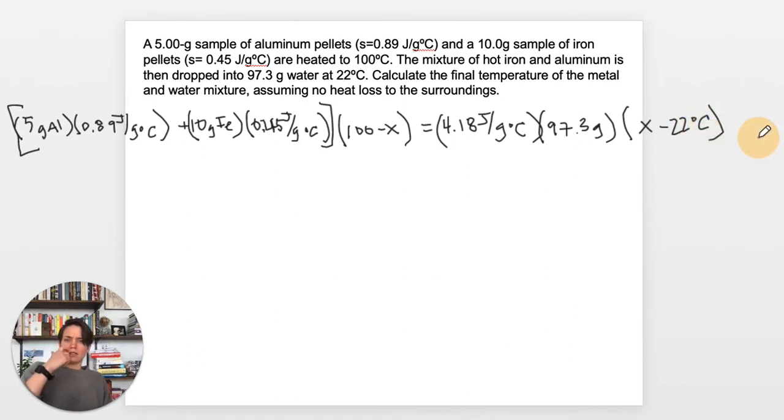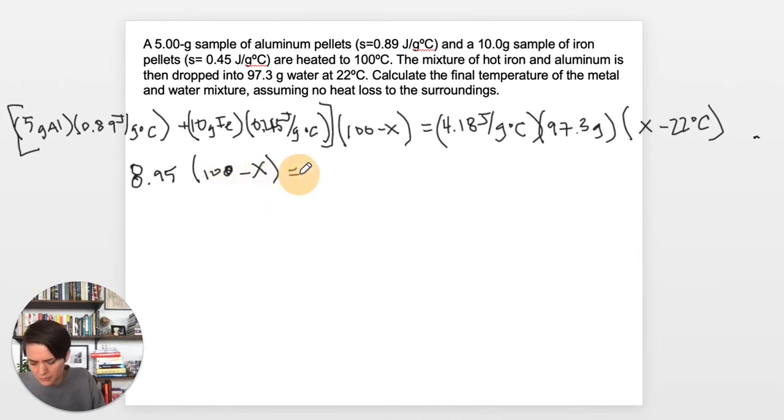All right, cool. So now we can go ahead and solve for what's in our brackets on one side, and we can find the product of 4.18 times 97.3 to get us to the point where we need to start applying the distributive property. So let's see here. The sum of these two products of aluminum and iron is going to be 8.95. That's going to be multiplied times 100 minus x